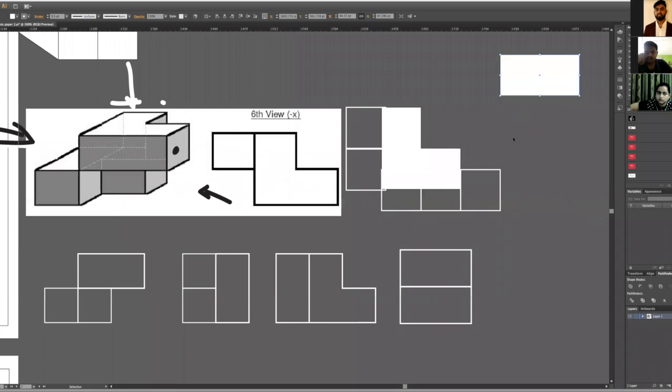Okay, guys. Now the question is this. This is the answer we will be looking for, which is the back view. Basically, we are going to solve for the back view. Okay. So we have all these surfaces.